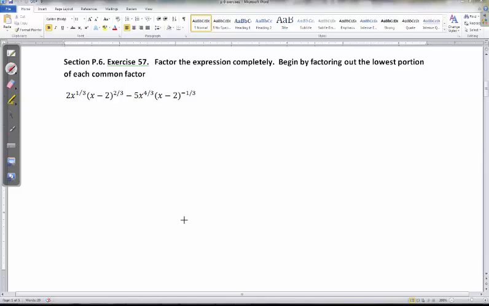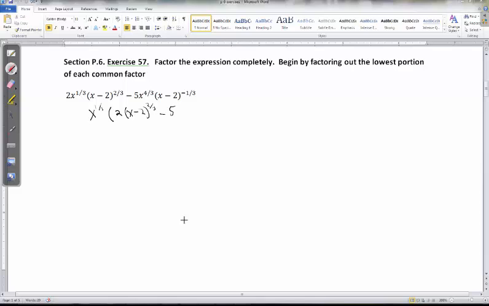The lowest power that x had was 1/3, so I'm going to pull out x to the 1/3. The lowest power that x minus 2 had was... Well, actually, let's just do x to the 1/3 first. I'll do the x minus 2's next. So if I divide by x to the 1/3, I'll still have that 2 out front. The x to the 1/3 will be gone in this term, because divide anything by itself, it just goes to 1. And I'll still have that x minus 2 to the 2/3